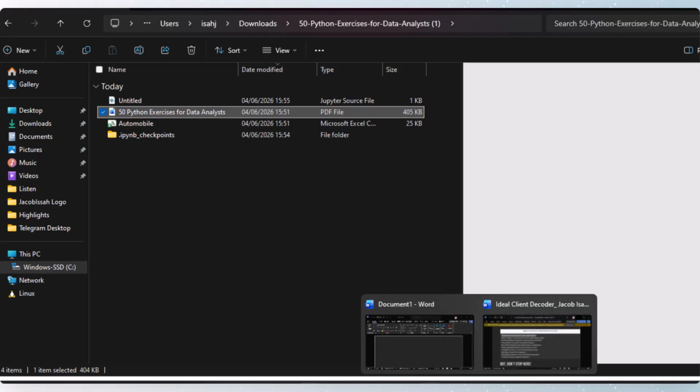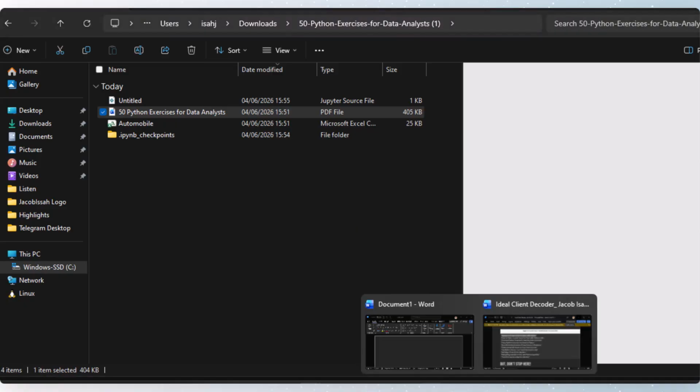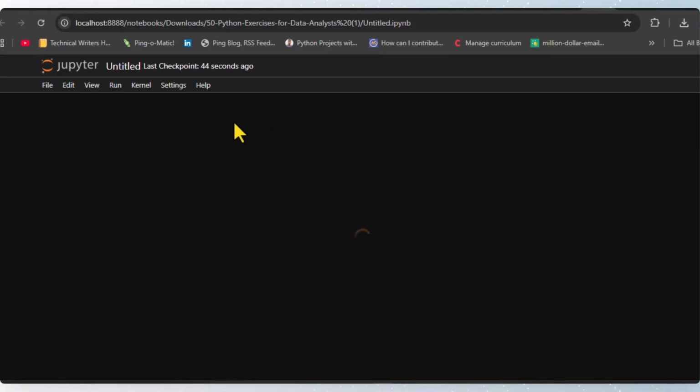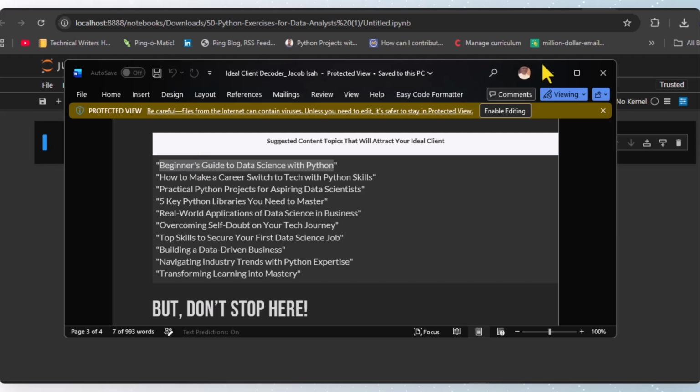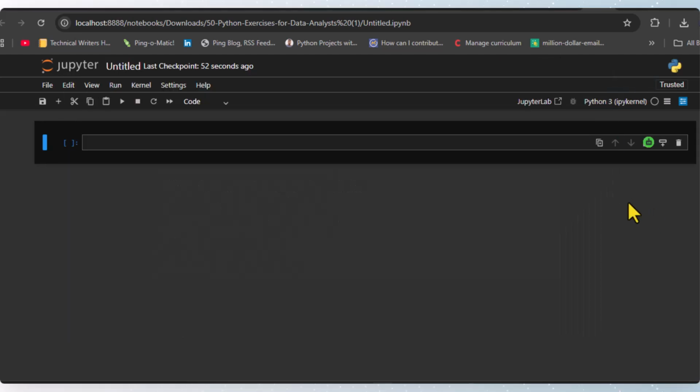Remember I said PDF, so I'll come here. And then you should be able to load now. So here we are. Now this is our kernel. Our kernel is currently running, and there are different ways you can run a kernel here. You can play